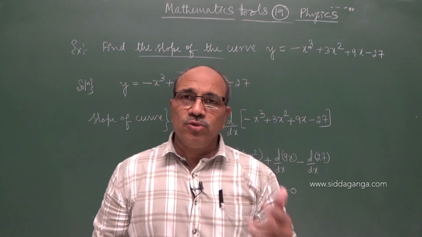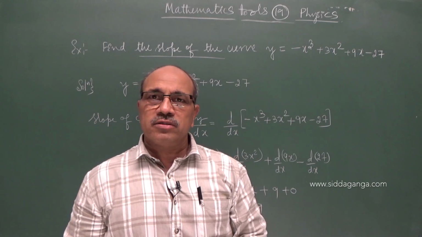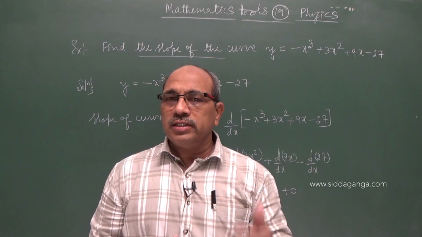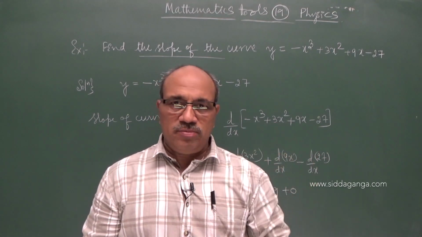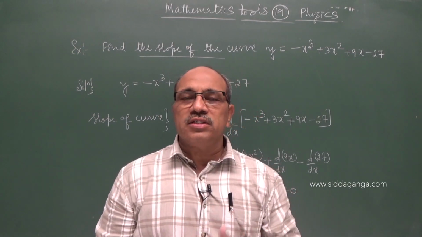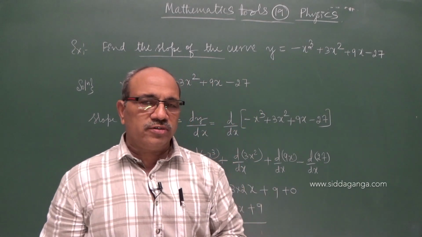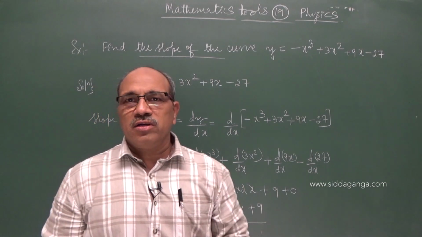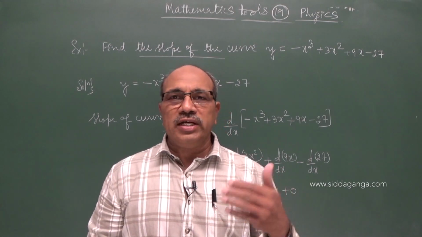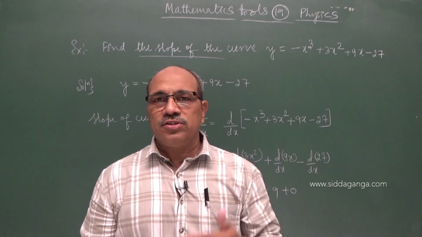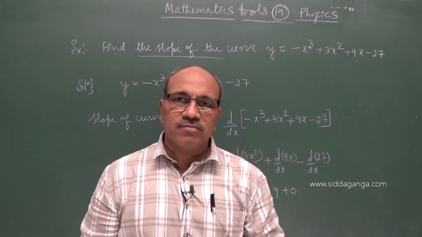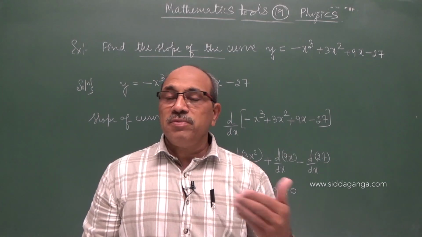But here, the two important applications: one I showed, finding the slope of a curve, and the other is to find the maxima and minima. If you are given an equation, finding the slope is nothing but the first order derivative of the function. In maxima and minima, I told you the two steps. First order derivative, in either case you make it 0. Find the first order derivative of the function and keep it 0. Find the value of the variable x. That may be maxima or minima.